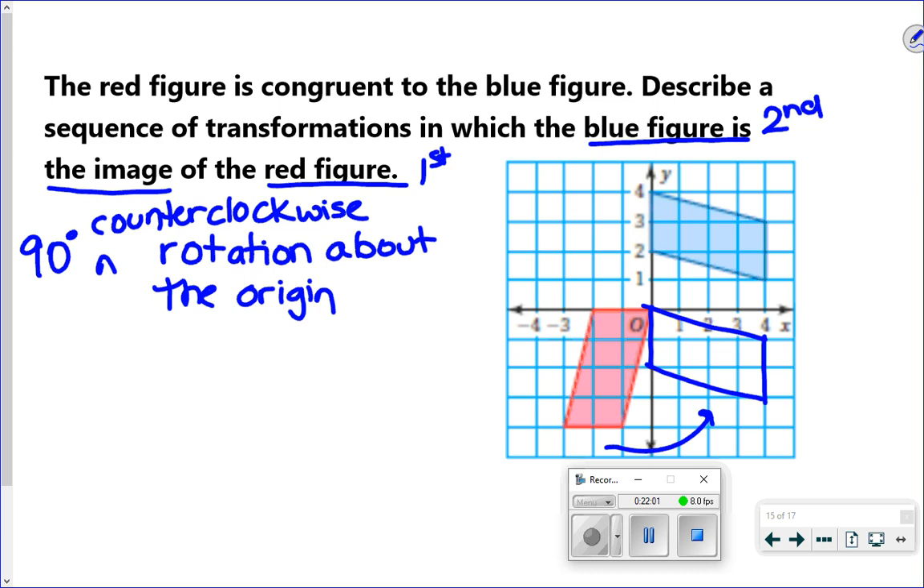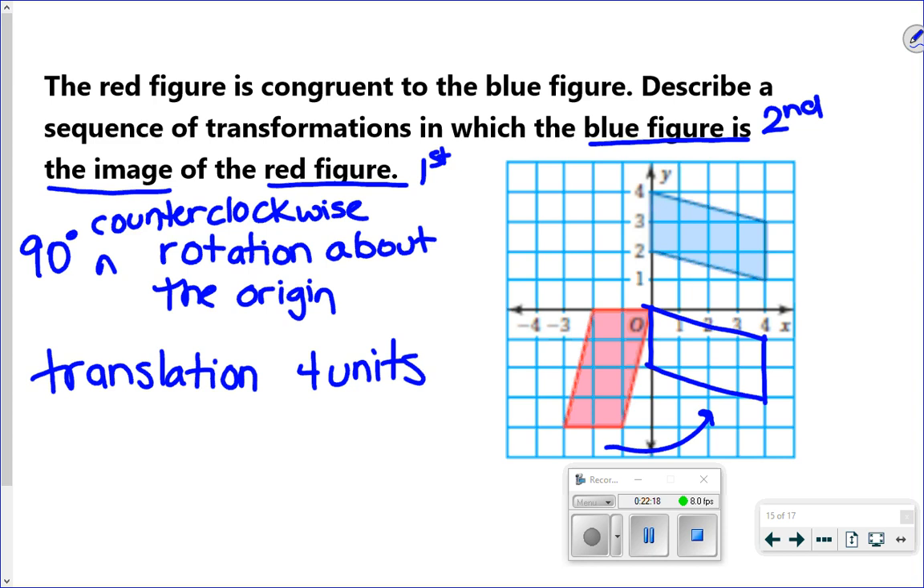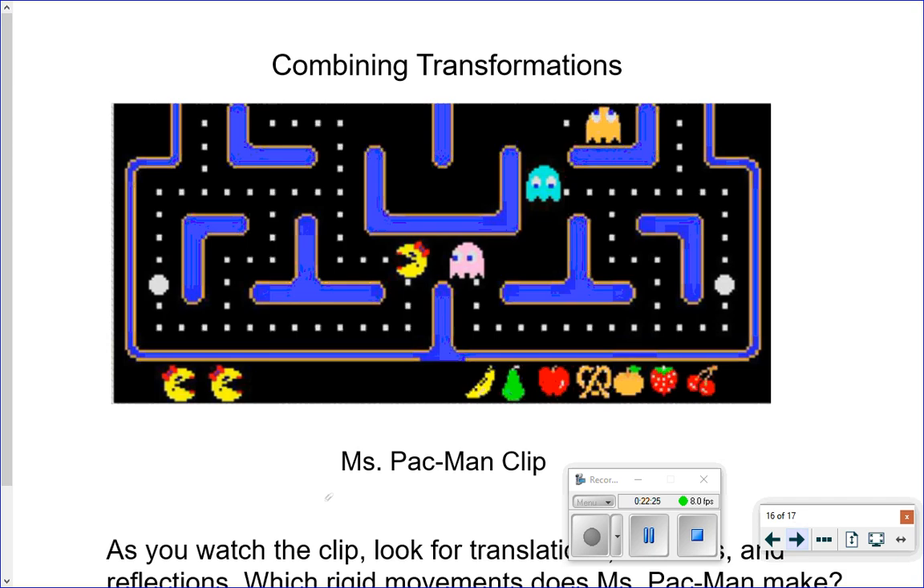Okay, so now that I've rotated, I see a translation as my next step. For my translation, it looks like I'm going up 1, 2, 3, 4. So 4 units up. All right, and we are going to stop right